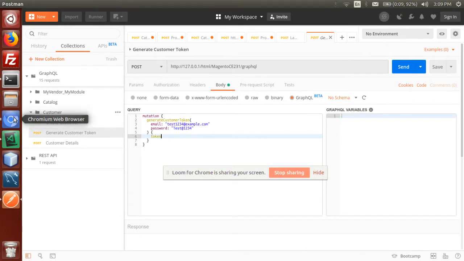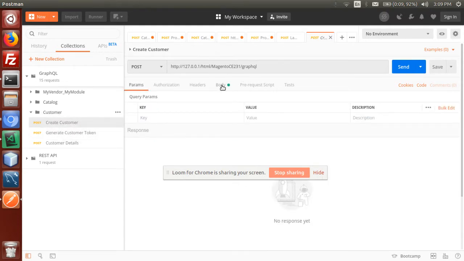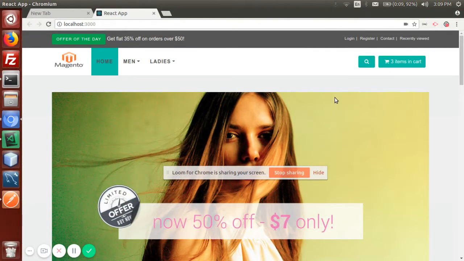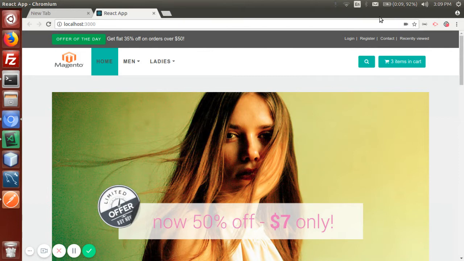I have already created one customer using the create customer GraphQL, and we will try to log in using this customer's details.